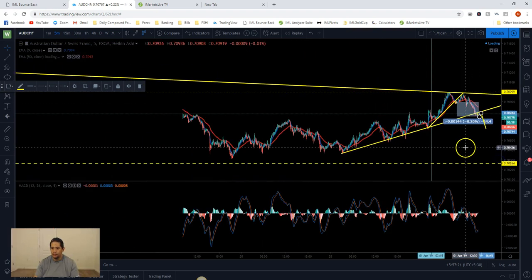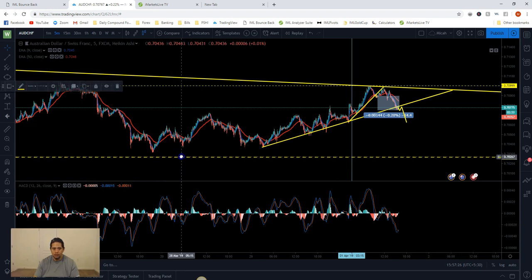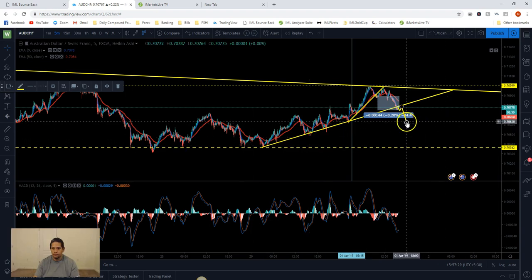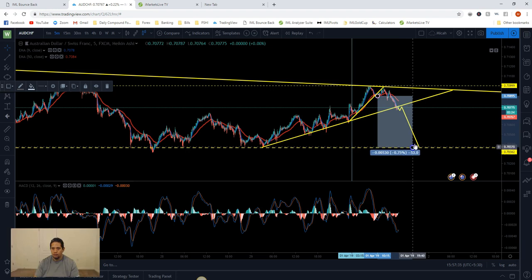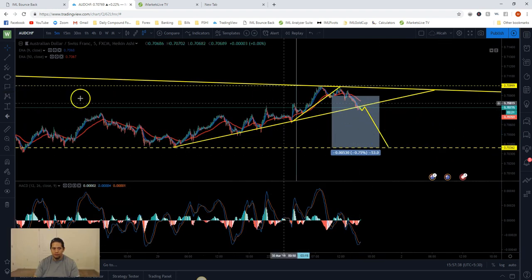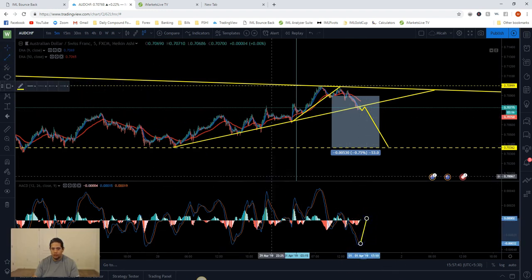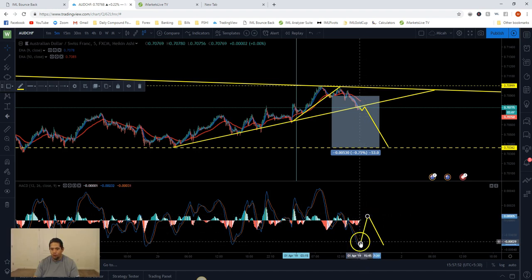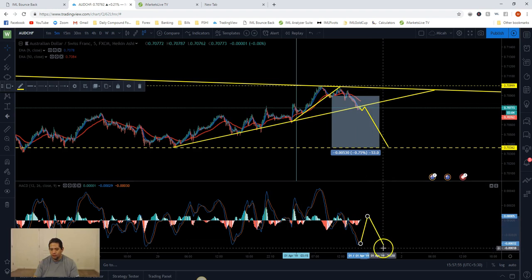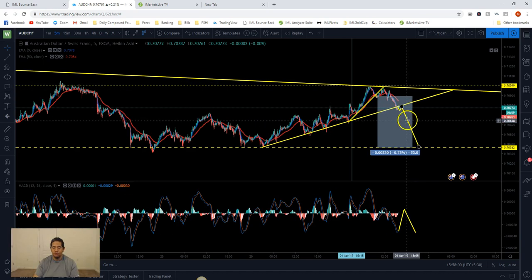Because you see, it could make its way down like here to here, right? So I'd look for a take profit maybe right there. And that's about 53 pips. So I'd wait for that, and then your MACD has to look something like this and come back down. So once you get this, MACD comes up, or it might come up and then cross over again, that's when I'd take it, right? So that's what I'm looking for with this trade.